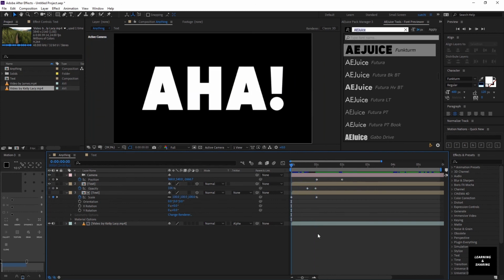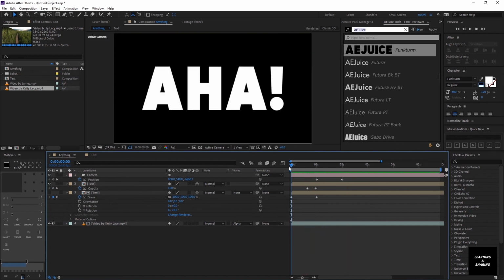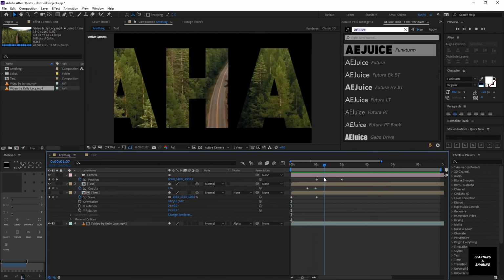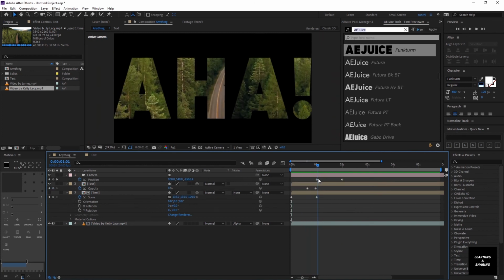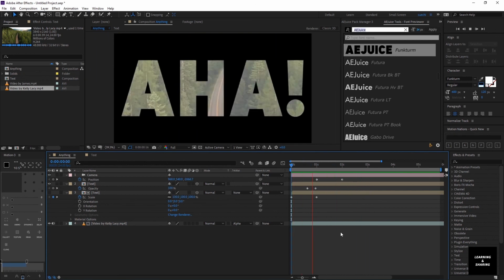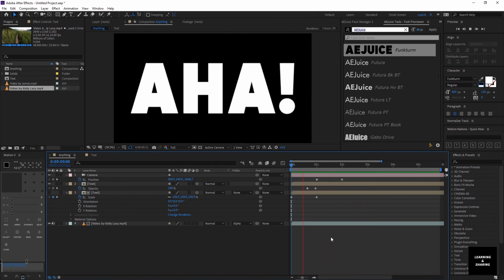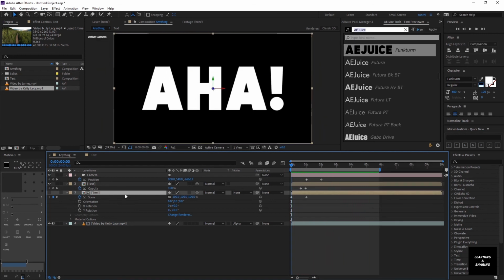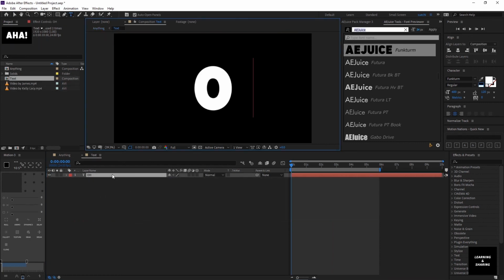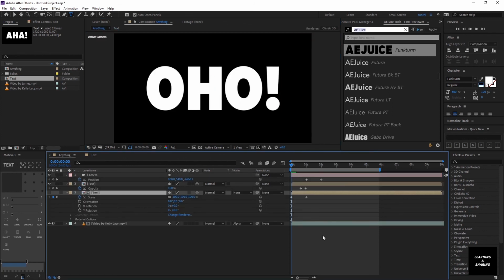So now we have a text called AHA, and as the text moves, the opacity comes down, the video reveals, and then we move in. This is how you do the animation, guys. The reason we made the pre-comp for the text is that if you want to change the text, you can do so, and the animation will be the same.